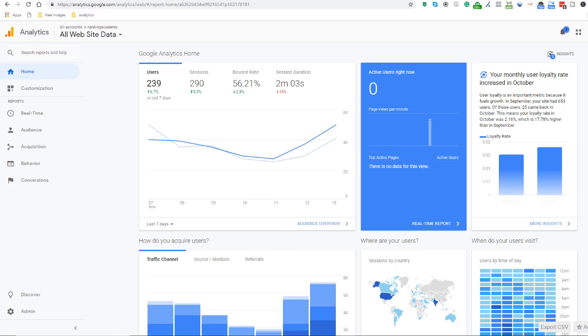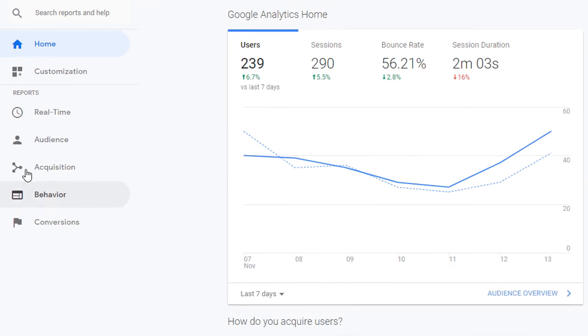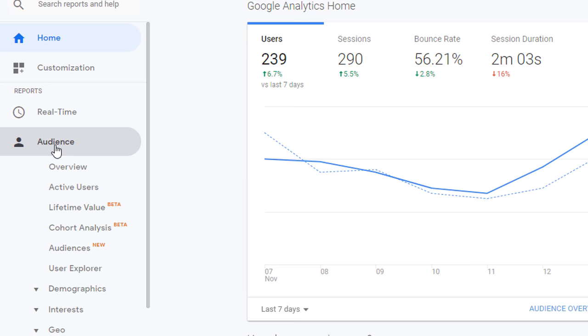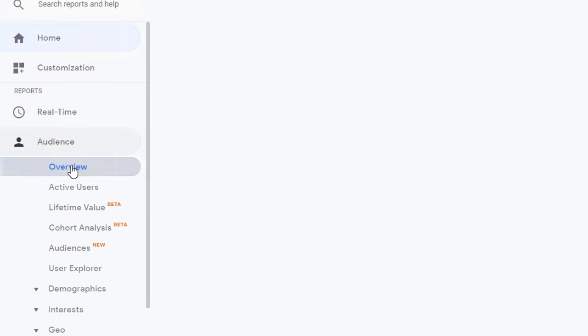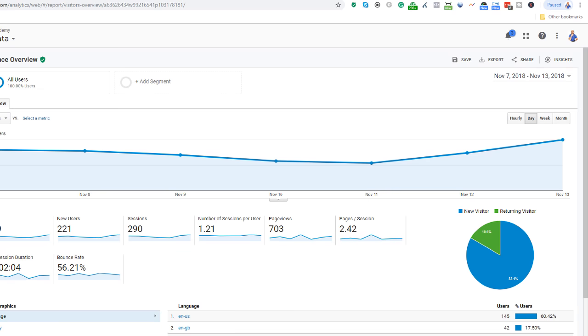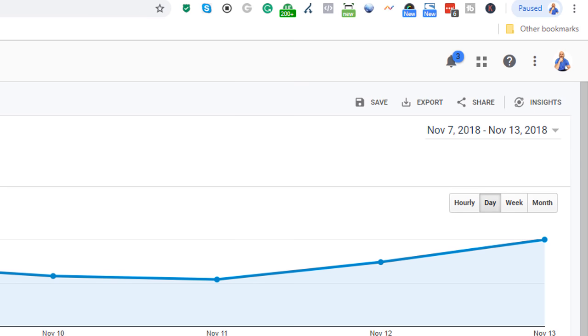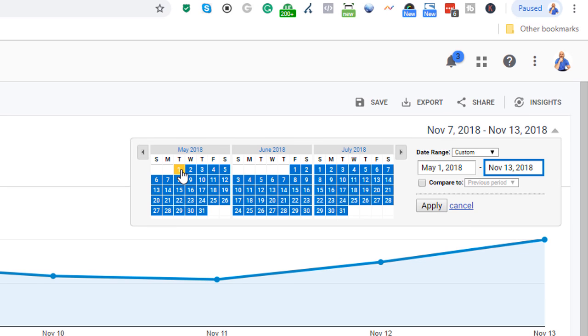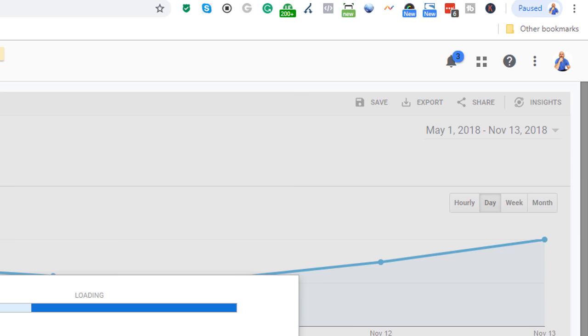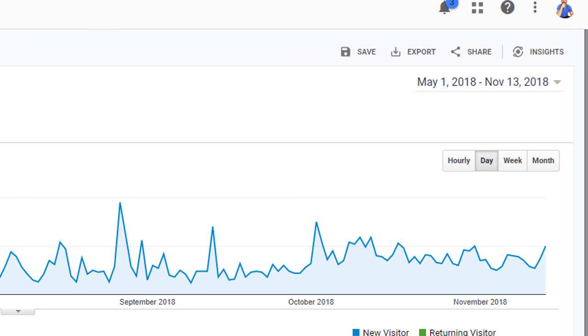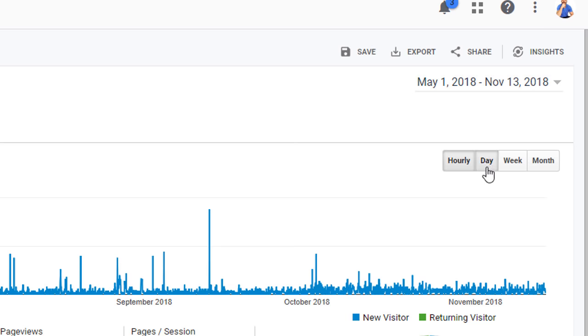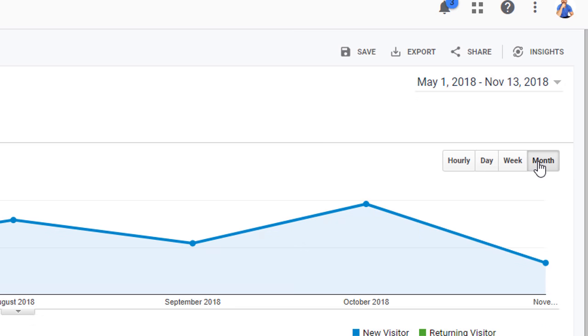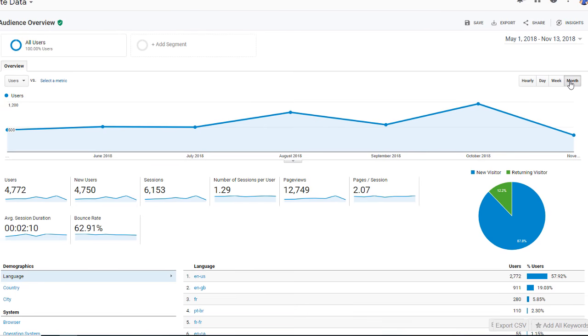To access the visitors data, go to the audience report and select overview. Select the date range from the top right corner you wish to apply to get a big enough sample of data. You can customize the graph view by hours, days, week, or month. And you can start looking at your data in more details by using the breakdown under the main graph, which will include